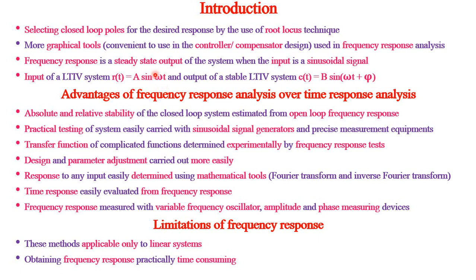So vary the input frequency, keeping the amplitude fixed, with the help of a signal generator. Then find out the output. Then the phase difference between the input and output can also be found. With the help of even a normal cathode ray oscilloscope or a digital storage oscilloscope, we can see this gain and the phase difference.